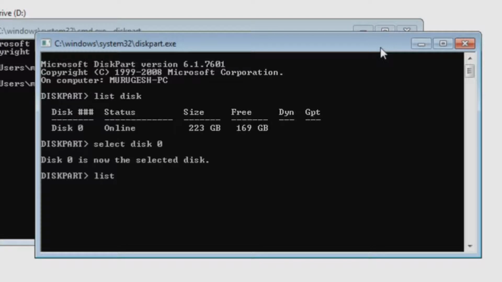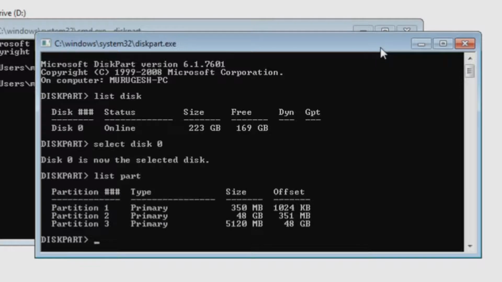To see the available partitions in the disk, type list partition. In partition 1, we have our 350 MB system reserved partition. Partition 2 is our C partition, and the third partition is the bootable medium partition.